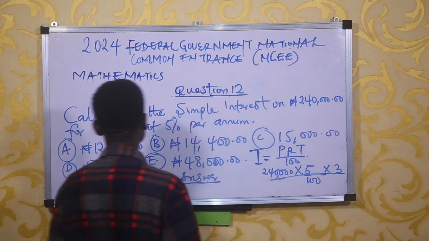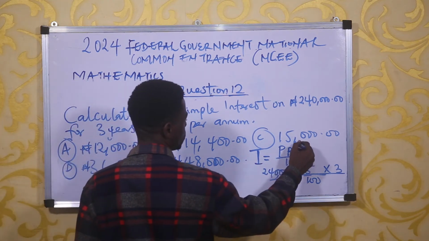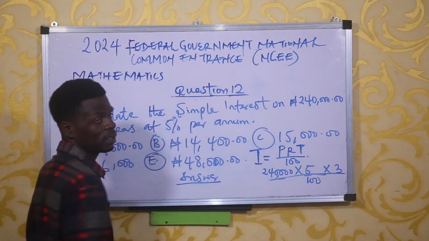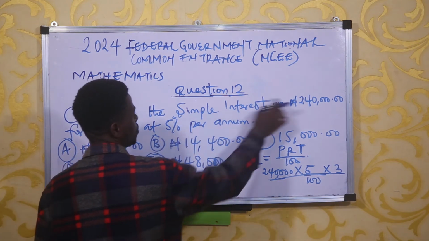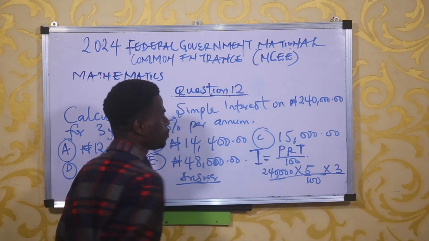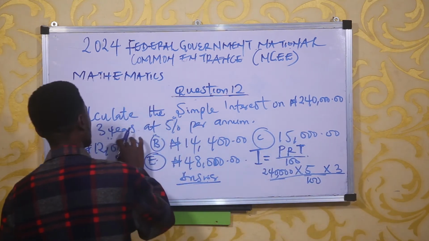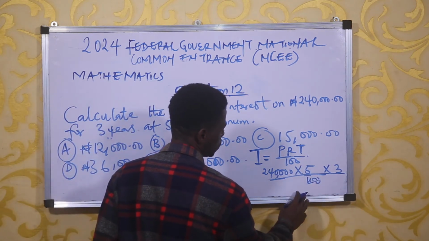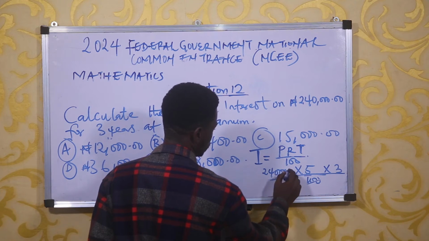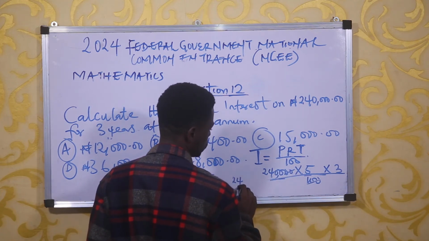So in this place now, our years there, which represents the time, is 3 years. The rate is 5%, and the principal is 240,000. The rate as well is 5%, and the duration is 3 years. So in this place now, let's divide. This one cancels this. So we have 240,000, 2,000